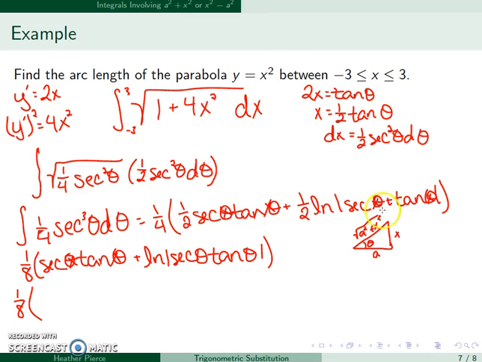So we have the hypotenuse over adjacent. So square root of a squared plus x squared over a times tangent of theta. Sorry, I've been messing up my a's here. This is 1 over 4. And this a as well will be 1 over 4. Tangent of theta is x, or rather 2x,